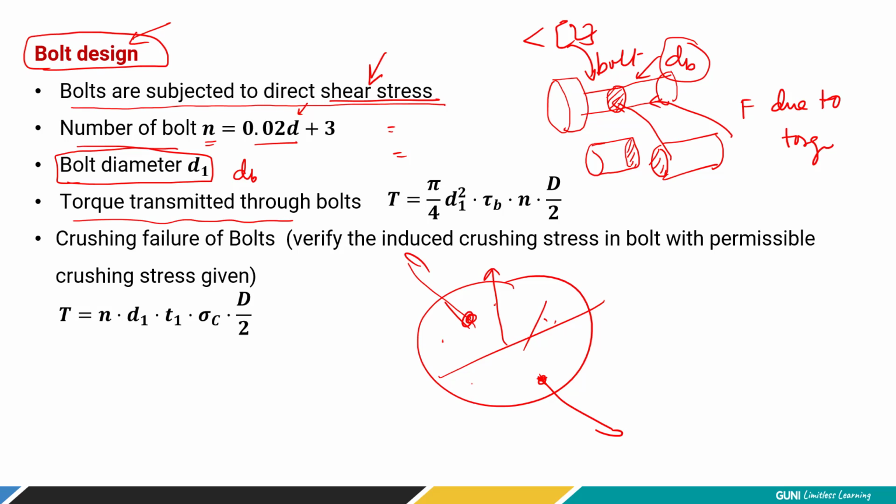Now the torque transmitted through the bolt is T equals pi by 4 d square. Why pi by 4 d square? This is the circular cross-section area of the bolt. So here the bolt has circular geometry. If we consider a single bolt, we have to fill the circular area, and that circular area is simply pi by 4 d1 square. But here we have a number of bolts, so we have to take n values, because a single bolt is not taking all the load.